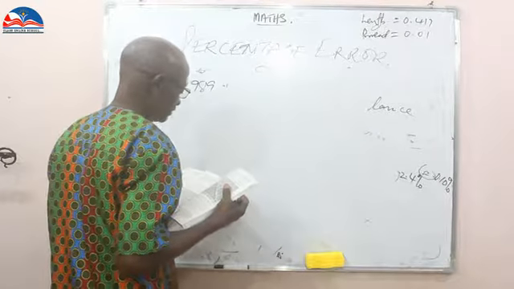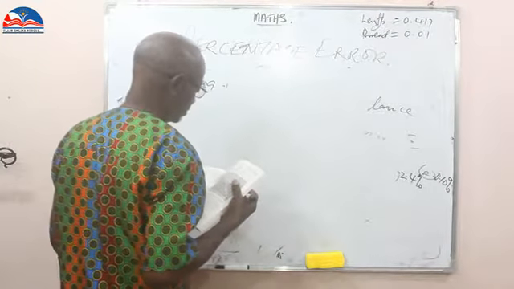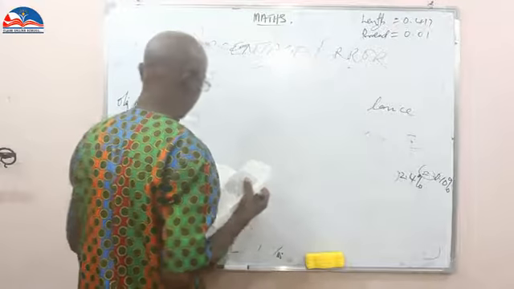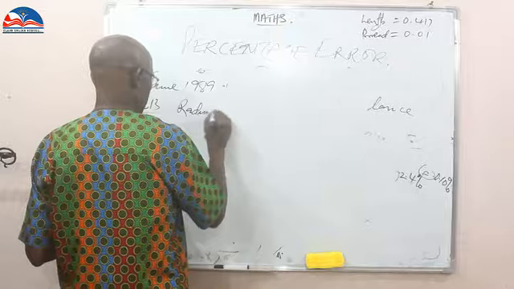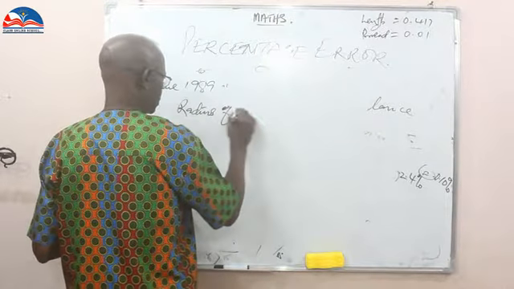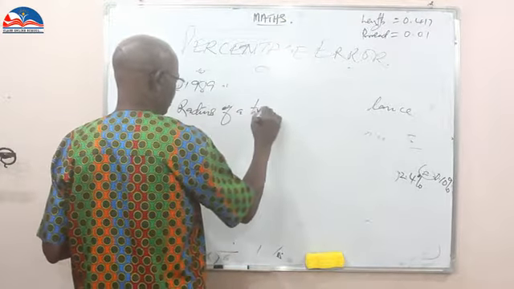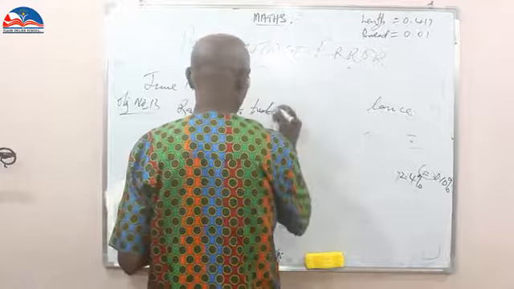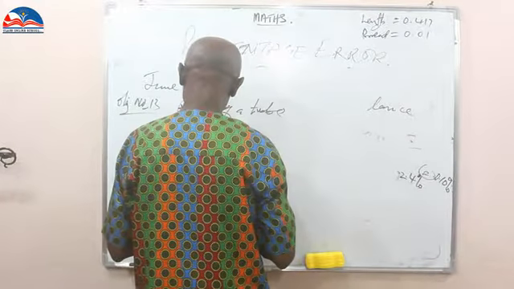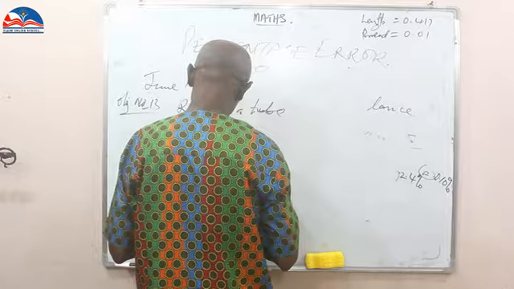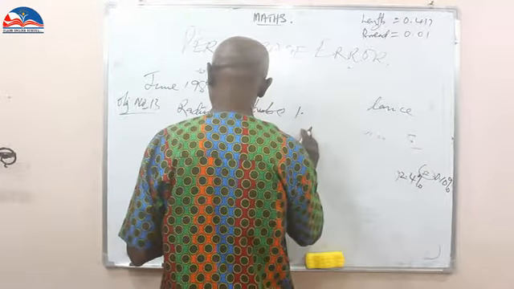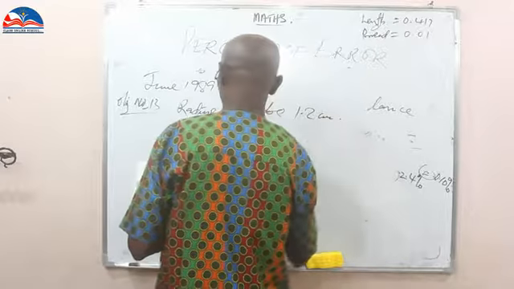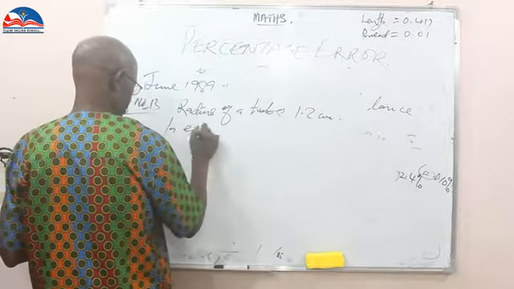I'm going to cut it short. Instead of recording the radius of a tube as the actual 1.23 cm, but in error